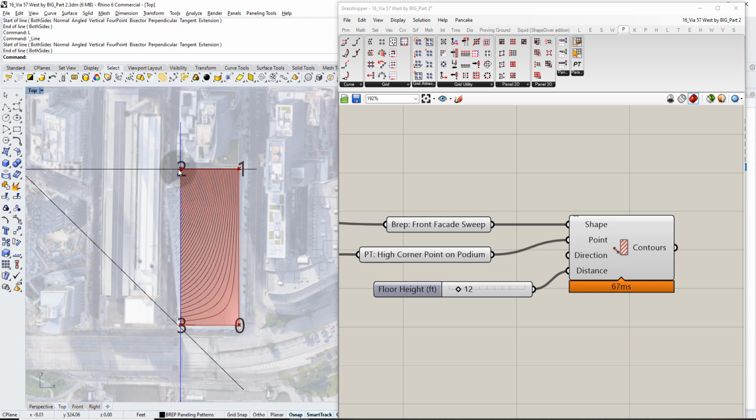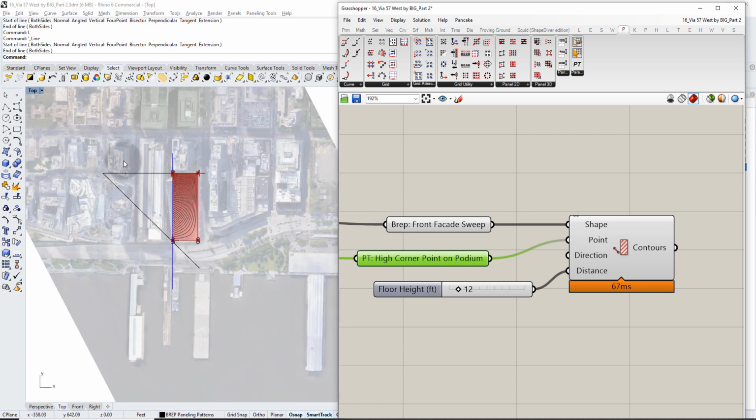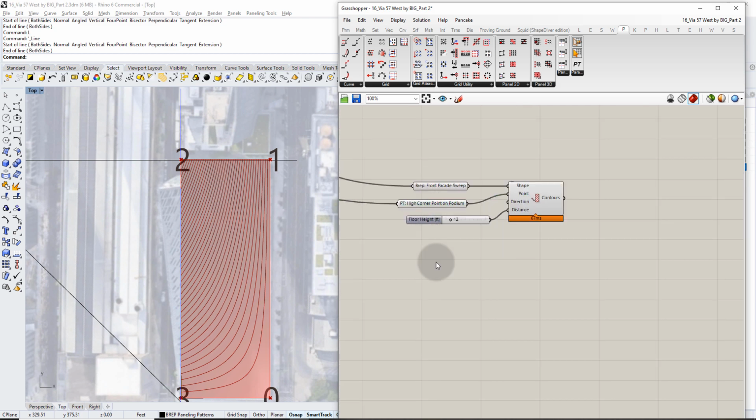So what we can do is, since we have this point right here, the high corner point on podium, which is right here, it's under this X right here, we can move it to the left and then make a line and then make another line like this. Okay, let's try that. So let's take that point right here, point number 2, which is right here, and move